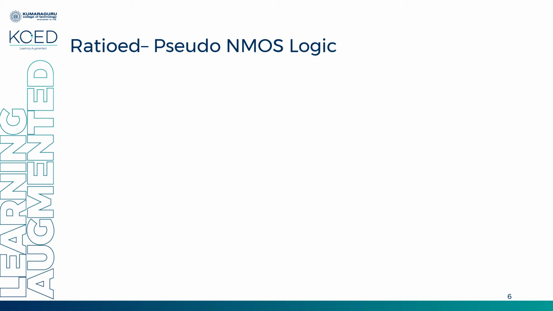So now we'll see ratioed logic, that is pseudo NMOS logic. Here I have replaced my pull-up network, that is PMOS circuitry, with a single PMOS connected to ground. That is, this PMOS will always be in on condition, that is in linear state. So this will act as a resistance or a load. Similar to your CMOS static logic, here I will have the NMOS transistors, that is the pull-down network. Instead of using a PMOS network, I replace the entire network with a single PMOS transistor connected to ground.